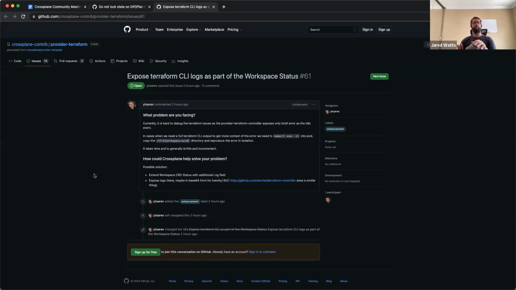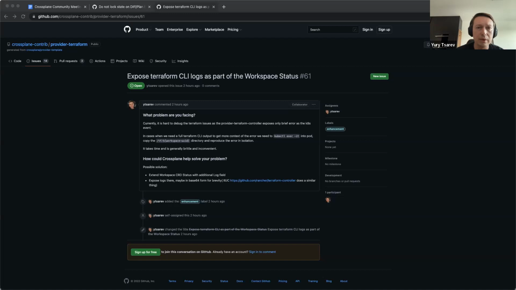So standard Terraform, provider Terraform debugging is pretty tricky from a consumption standpoint and development standpoint as well, because currently it exposes in the Kubernetes event stream only an error, just the standard error part. It's a very short chunk of what is happening, and the whole context is hidden. So very frequently, to actually understand what is happening on the Terraform level, you need to get into the pod, find the workspace with the associated unique identifier, copy it because you need to catch the state